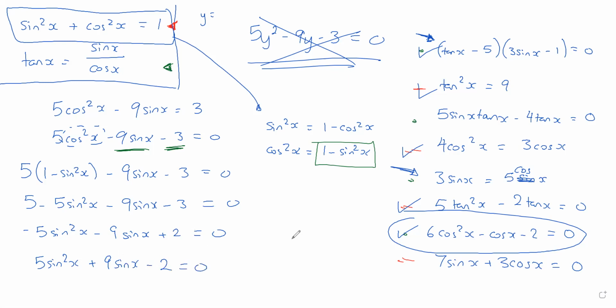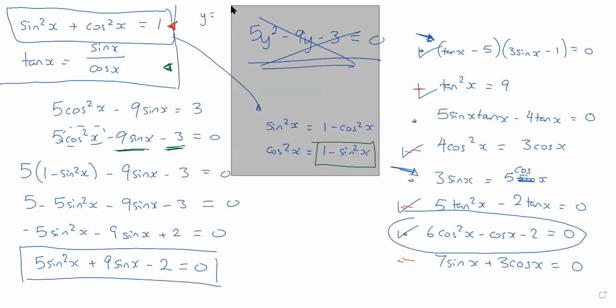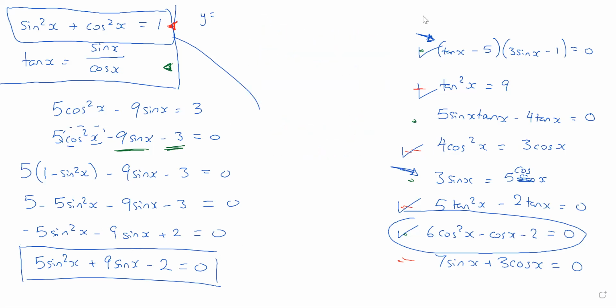Another way of thinking of that is you move everything to the other side, so that becomes a positive, that becomes a positive, that becomes a negative. And voila, look at that. You've got a quadratic out of it. Now I'm just treating it as 5y squared plus 9y minus 2 equals 0. If I put that into the calculator, I get y equals 0.2